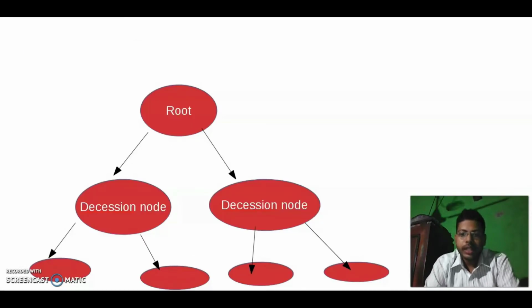So decision trees basically look like this. Here first an attribute will be considered as the root attribute or root node. If you see on the screen, there is a root node. After the root node, when it is split into two different nodes, those are known as decision nodes, and based on decision nodes it will be split until we get a leaf node. A leaf node is the kind of node which is not split further.